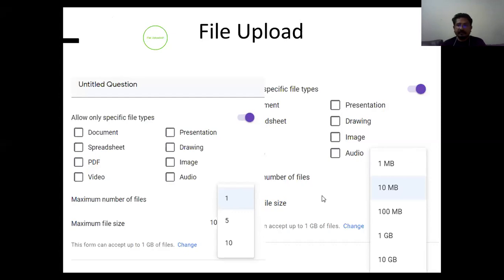Then the size of the file can also be fixed by you. Either you can say 1 MB file, 10 MB file. Ideally 10 MB file is absolutely fine. You can click on 10 MB file and then they can upload their questions or assignments through this part.